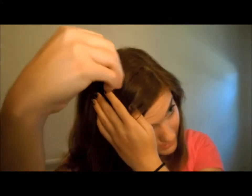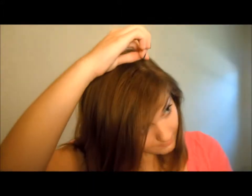Once you part it perfectly as you want it, then you want to take your hand and do about this much space. I'm not sure how much space this is. It seems like it's probably about 3 inches. You want to take 3 inches of hair. The easiest way to do this is take your bobby pin and just kind of line that up from your hair over, and that's about where you want to stop it. So you can go ahead and part it there,